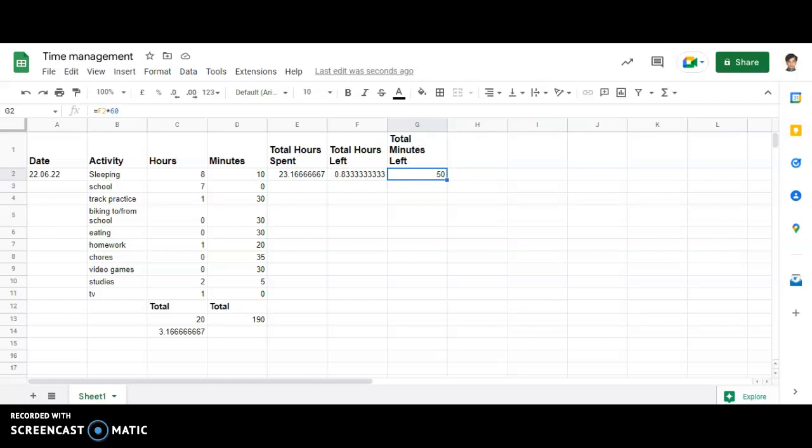Done. So in this particular manner, we will be able to manage our time by giving each and every activity hours and minutes, and then calculating how many hours we have spent, and then what are the hours that are left with the day, and what are the minutes that are